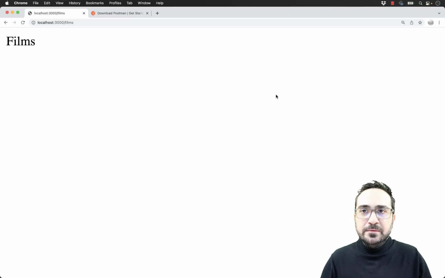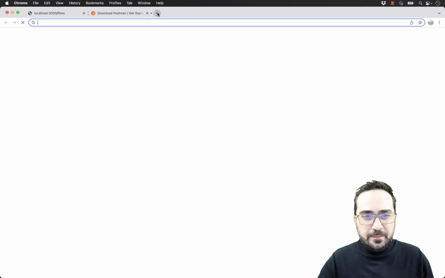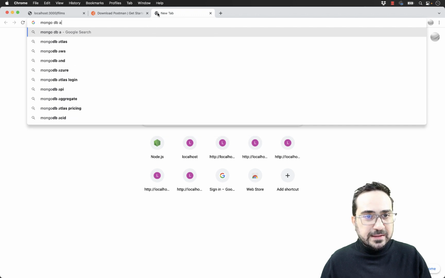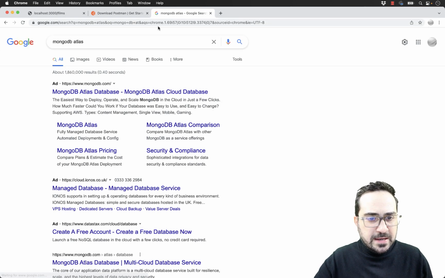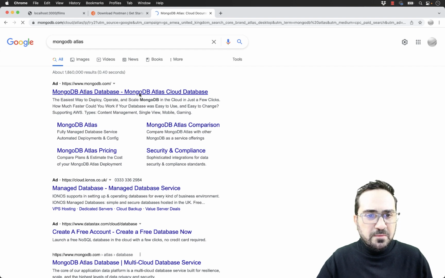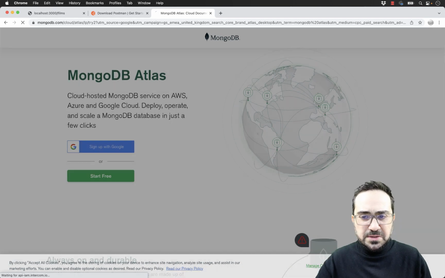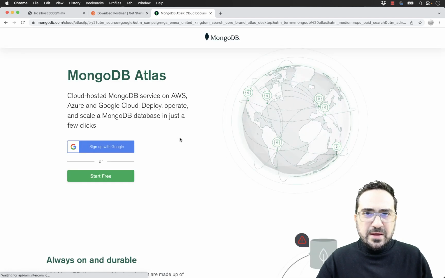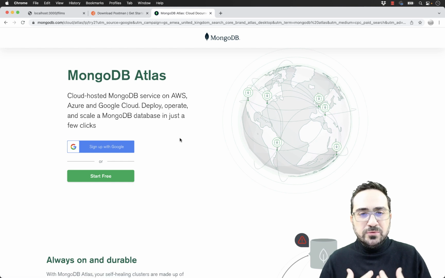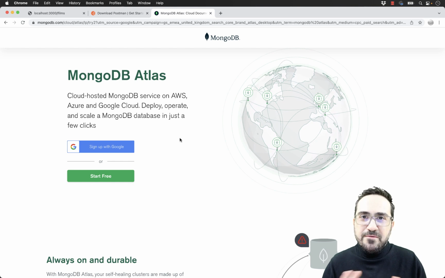Okay, I'm in my browser, and what I will do is first connect to MongoDB. I will open a new window, I will search MongoDB Atlas, and I will go to the first available option. I will go to MongoDB Atlas and I will get redirected here. I will accept my cookies in this case. And what I have to do is use my Google account to log in to MongoDB. MongoDB will give us a free cluster for us to use. All right, it will give us everything we need in order to deploy some data on a MongoDB cluster.